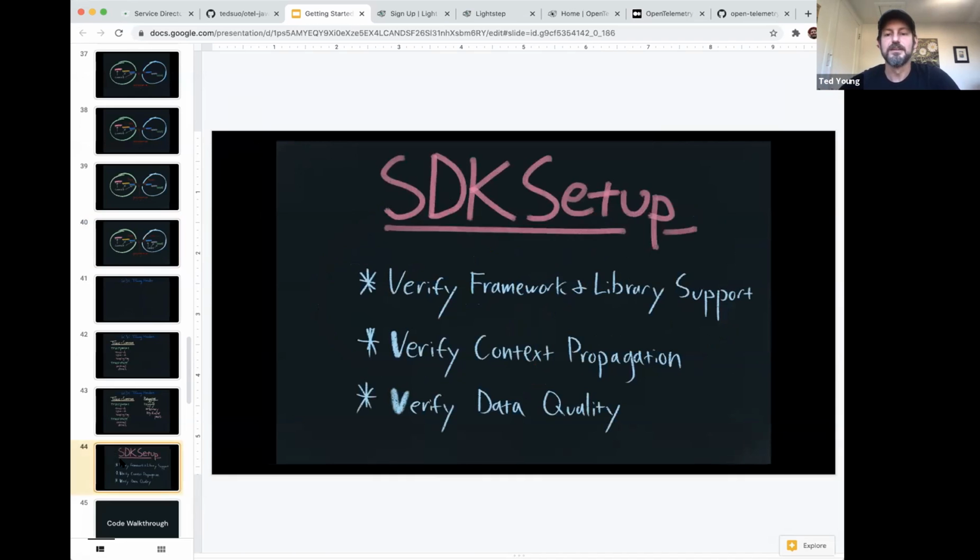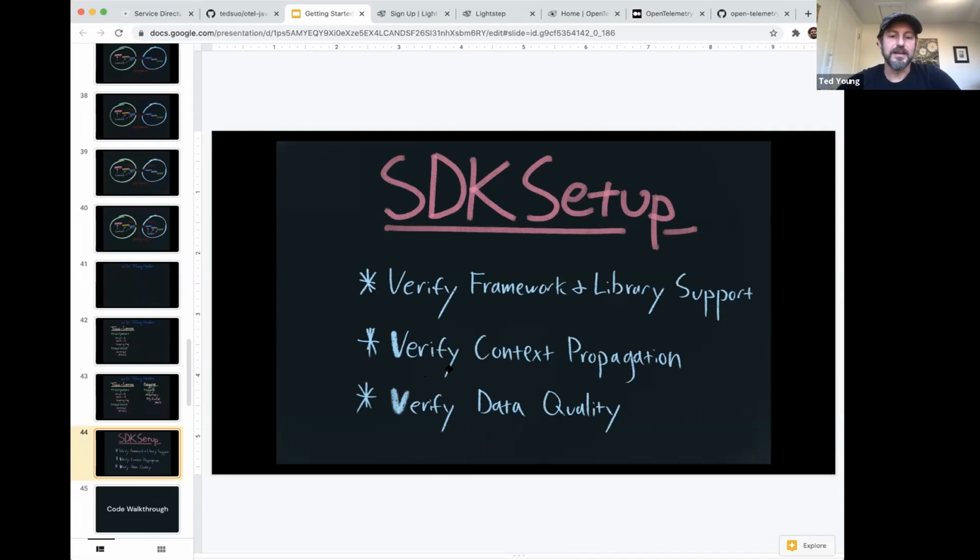But you do want to make sure that OpenTelemetry actually supports the frameworks and libraries you're using. In particular, your application framework and your HTTP and database clients are the ones that are most important. You want to make sure that context propagation is working once you get this set up. That's one of the areas where things can break most easily. And it can be a little mysterious because it's potentially normal to get a request that doesn't have some context in it.